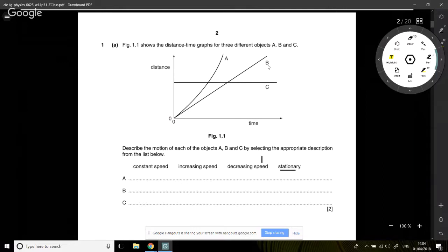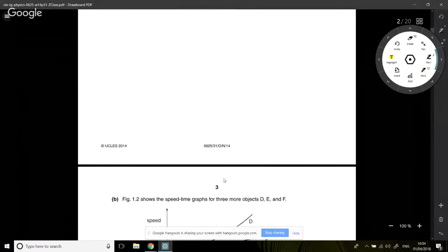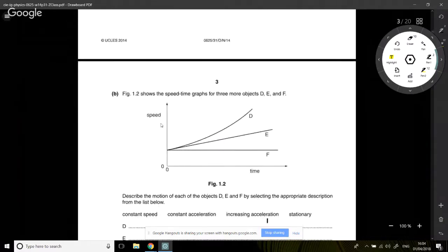And we got B. Its gradient is a constant. The gradient over here is the same as the gradient over there. So if the gradient is the same, it's moving at a constant speed. And here we have one that is accelerating. The gradient is lower here and then higher here. So increasing speed. This is the same sort of question, but instead of it being distance on the